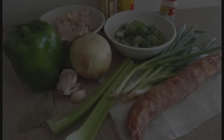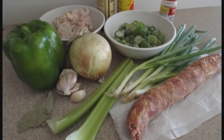Oh, yeah. That, my friends, is a Sazerac, and if you've heard of it, you know that we are about to be cooking something under the influence of the Crescent City, the Big Easy, New Orleans, Louisiana. What could happen? For this dish, we'll need 2 cups of chopped rotisserie chicken, a pound of andouille sausage, which